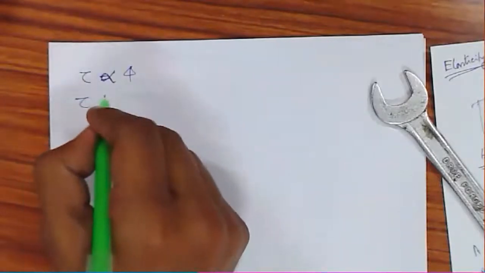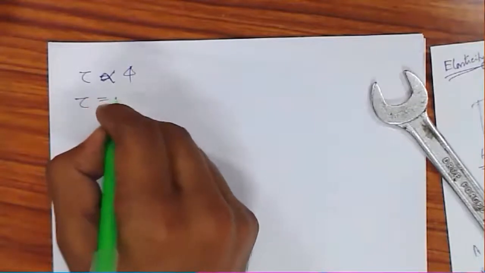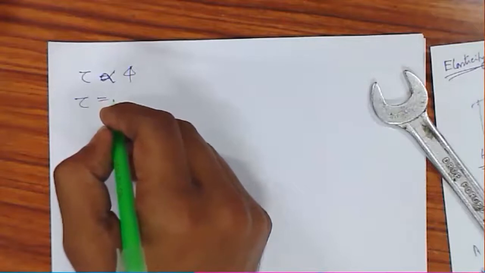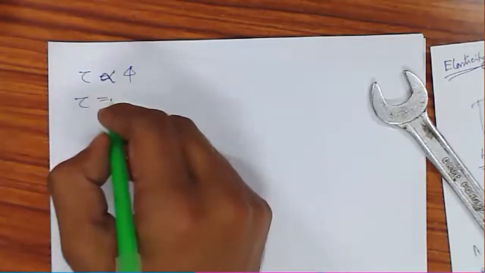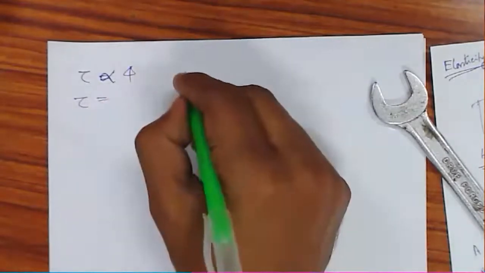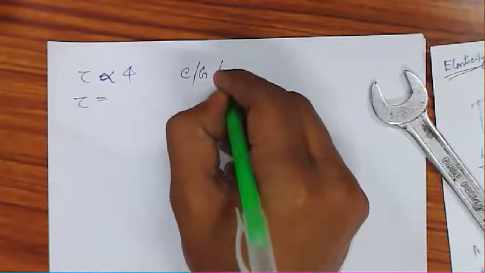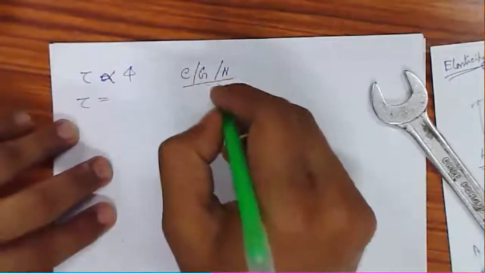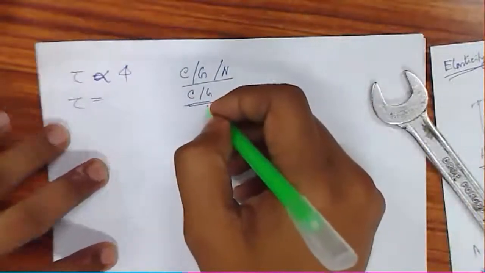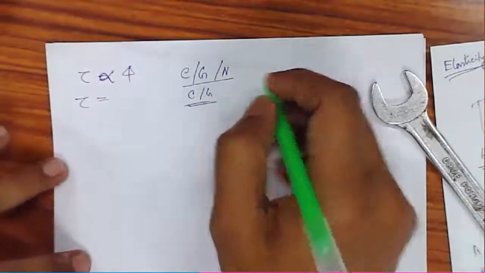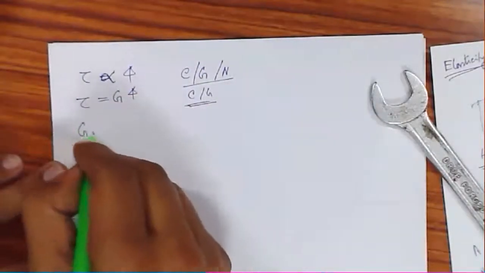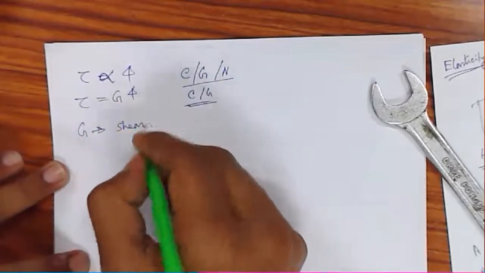So we can replace this proportionality with another proportionality constant. That constant in the case of shear stress can be written as C or G or N. Mostly this C or G is used; in different books you will find different notations, so you just write G into phi. Okay, so G is called shear modulus